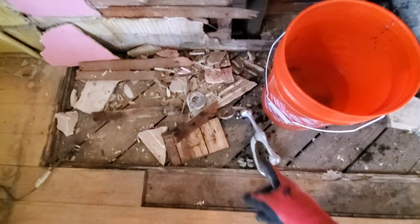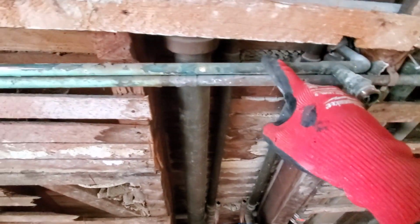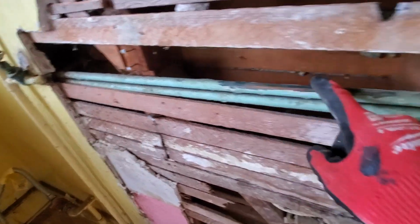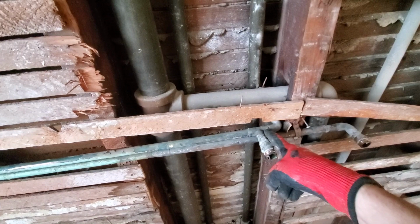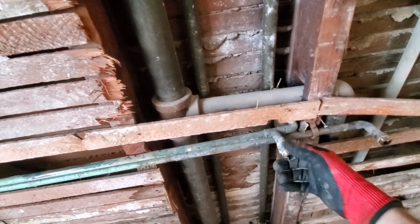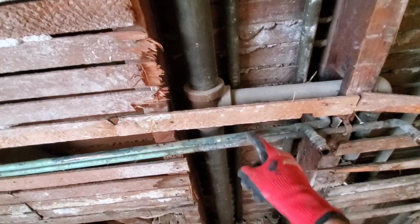This is nice and sturdy. Took off the wall hung sink. So here's where it gets tricky. This place is plumbed all weird. So this is the hot, and it feeds the unit next door. So I'm gonna cut here, unsweat this T coupling here, and then